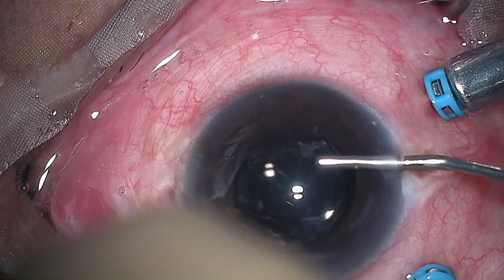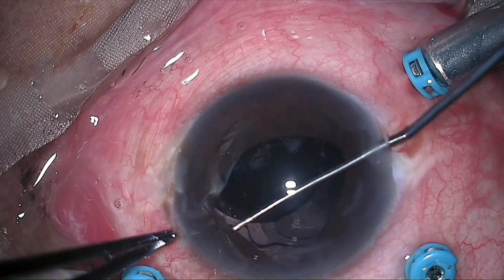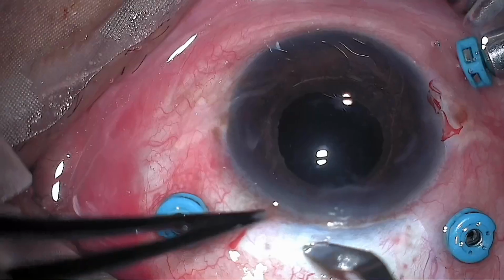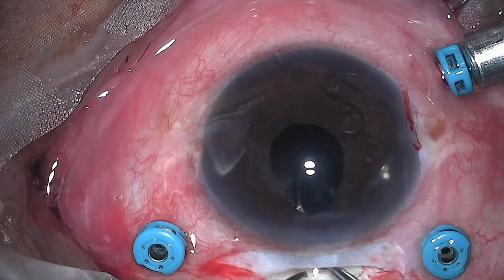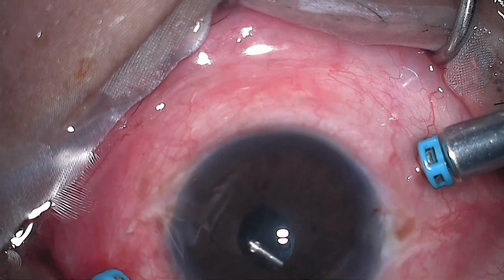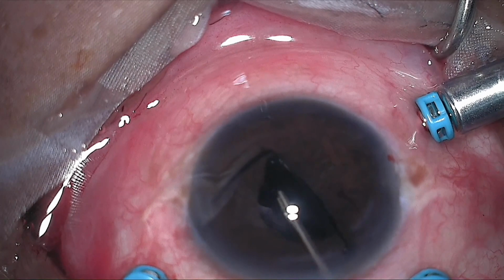My next step was to explant the first PC IOL from the front. I put viscoelastic in the bag and gently pulled the IOL out into the anterior chamber with the help of a Sinskey hook. Then a scleral tunnel was made and the first IOL was removed with the help of McPherson forceps. Then, while trying to create a central capsulectomy in the posterior capsule, I realized that the pupil became